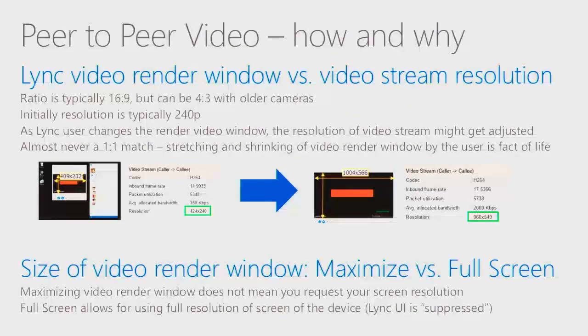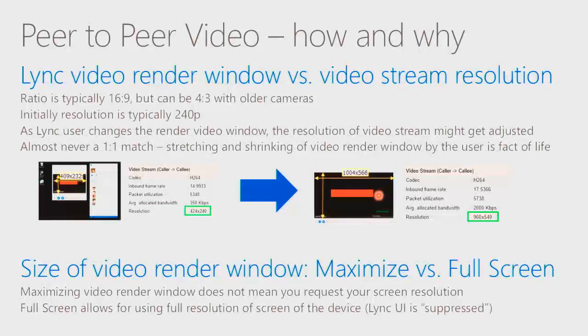So the first thing that I would like to talk about is the ability to stretch and shrink, if necessary, the video render window. When I refer to the video render window, I mean this part of the screen, right, of the Lync client, where the video stream is actually being pushed into. So when you talk about something as simple as stretching or shrinking the video window, yes, that's important, because not all clients in this world provide this capability,